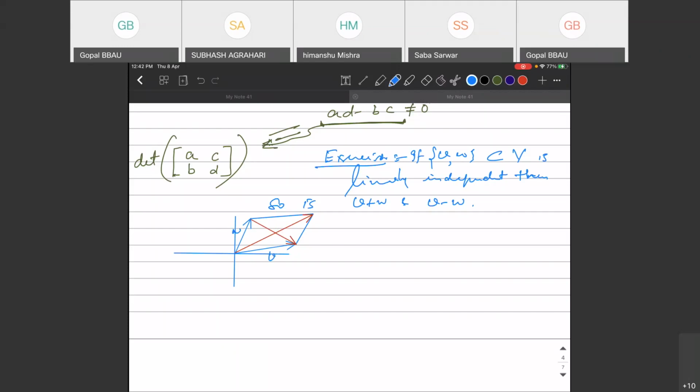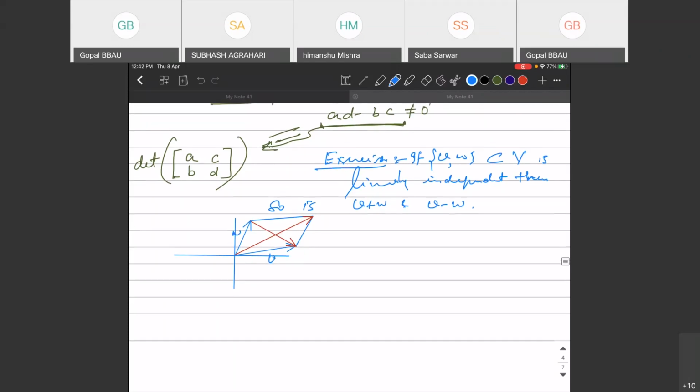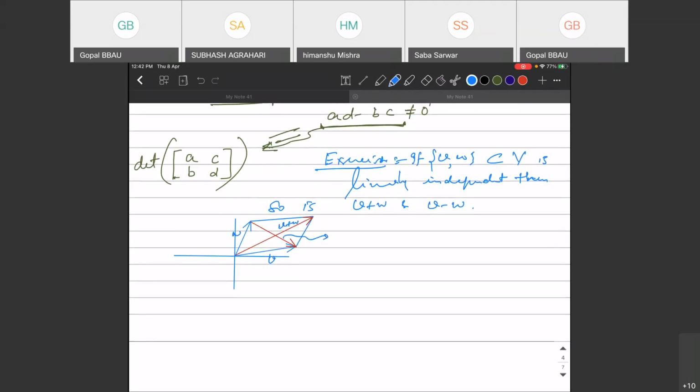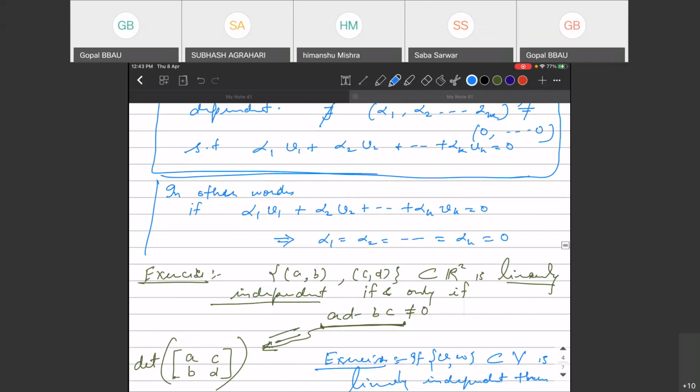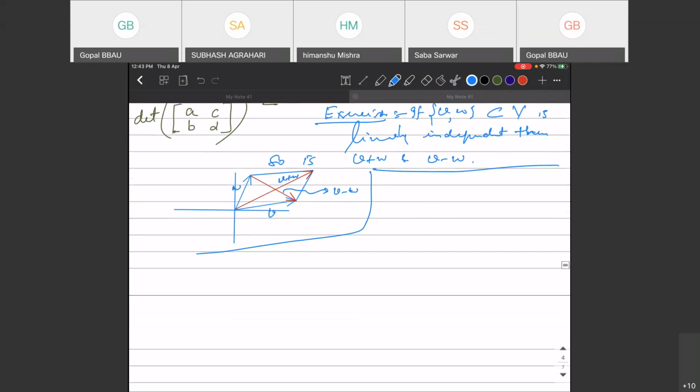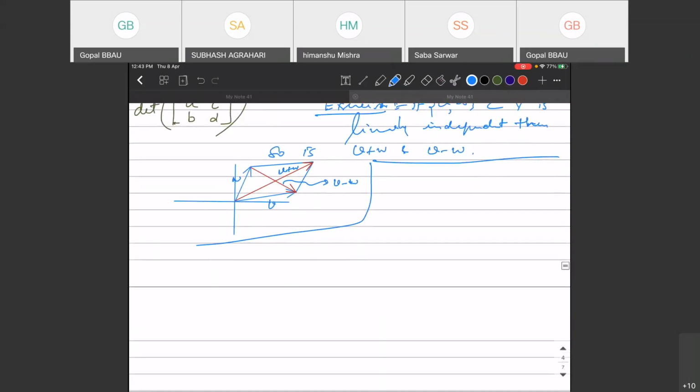This says that if you have two vectors which are linearly independent, then these vectors, this is V plus W and this is V minus W, are linearly independent. And to see this, we consider this definition. In the computational approach, we will use this definition. What we do, we take a linear combination of vectors and we will show that the scalars alpha 1, alpha 2, alpha k are 0. Let's do the same here. So we want to show that V plus W and V minus W are linearly independent. Therefore, take a linear combination of these two and make it 0. Then by simple